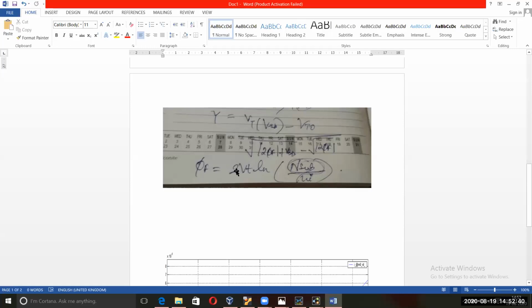So phi f, how are we calculating? 2 VT ln N sub by ni. This N sub I had told you is in the model file. If you go and see, this was the NCH value in that model file, that is the N sub for you. Pick up that value from there and then put the ni as 1.45 times 10 to the power minus 10 and calculate the phi f. Put that value here, 2 phi f mod plus VSB. This VSB we are giving 3 volts. So put that value, then minus root over of this, and you will calculate the body effect coefficient over here. So yeah, that's all.